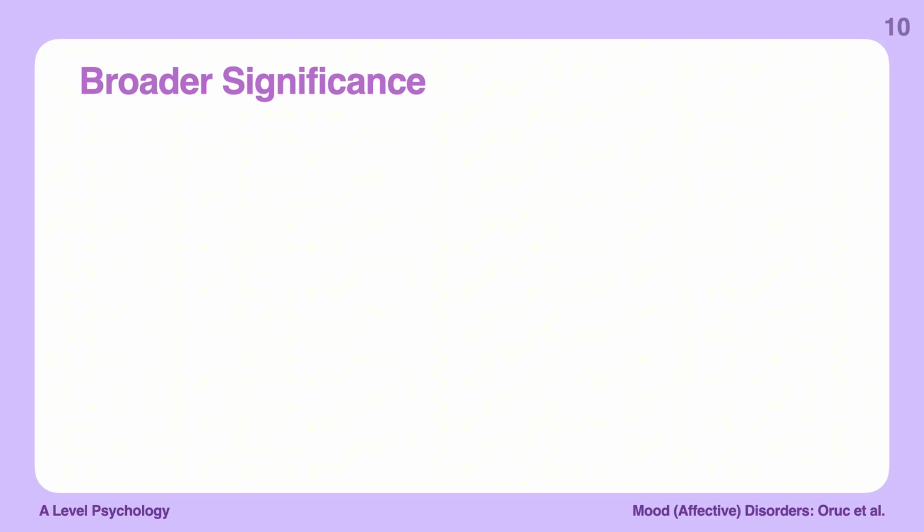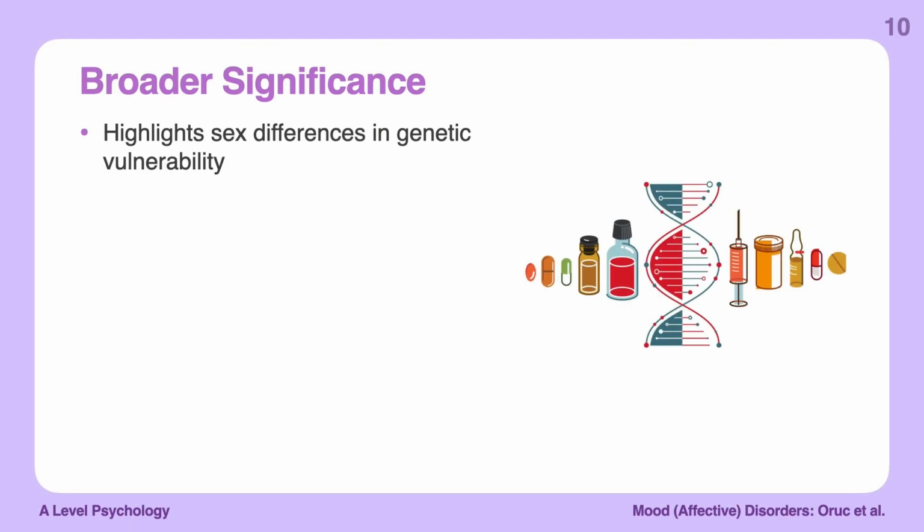This study has some important broader significance beyond just its specific findings. Sometimes the implications of research extend far beyond what the researchers originally intended. It highlights sex differences in genetic vulnerability. The fact that they only found genetic associations in females suggests that men and women might have different genetic risk factors for bipolar disorder. This is really important for understanding how the condition develops and how it might be treated